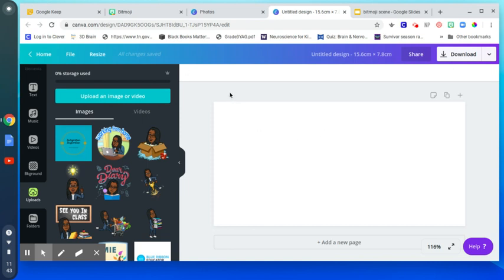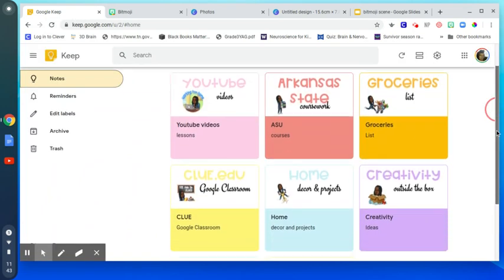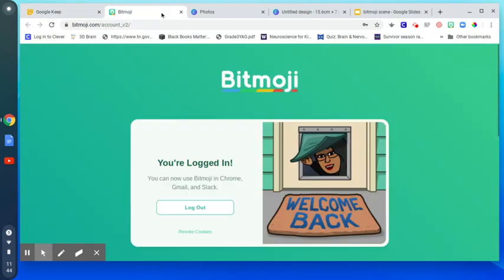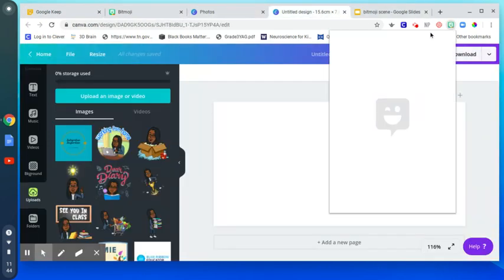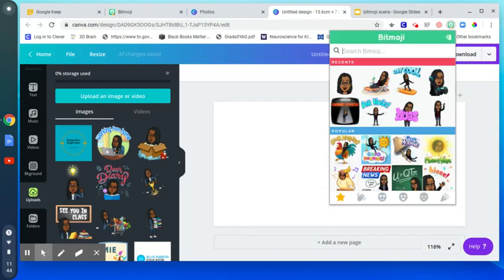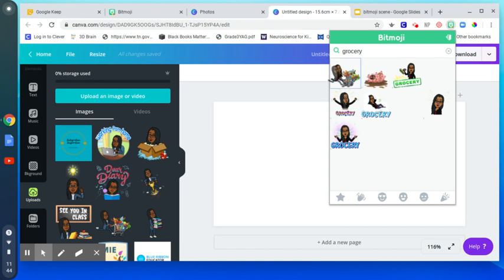So what I did to organize my Google Keep, I thought about different things that I want to take notes on or keep up with. And so let's say you want the groceries. So I just went on the Bitmoji extension and I searched for a Bitmoji that had a grocery cart. I think I typed grocery, I might have typed shopping, and there we go. And there's one right here. I clicked that, and then